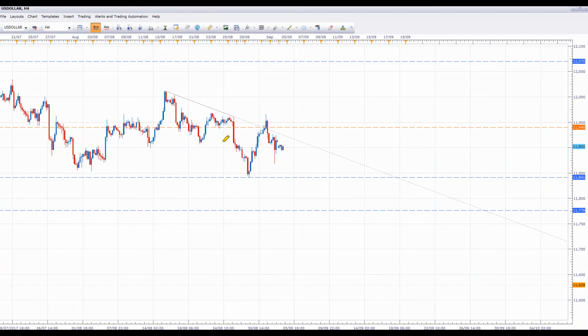So let's start off by having a look at the US dollar index. Now, we can see here we have highlighted a number of targets. Last week we had highlighted this target down here, and we started the week here. We had highlighted this support and resistance level last week, and as you can see, it came down, tagged the target, and then bounced up into the resistance area that we had here, and it started to sell off late last week from the resistance area we had highlighted.